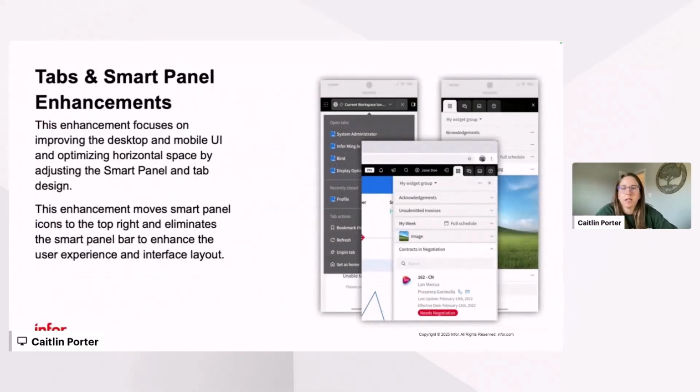Okay, the next enhancement is to the application tabs in Smart Panel. So with this enhancement, we're making some updates to the desktop and mobile UI by removing the Smart Panel bar and moving the Smart Panel icons to the top right corner. We're also adding a drop menu to display multiple tabs when space is limited, and this just provides an overall